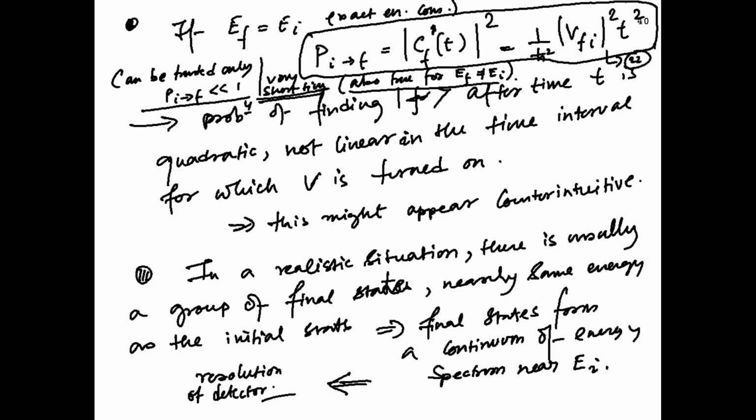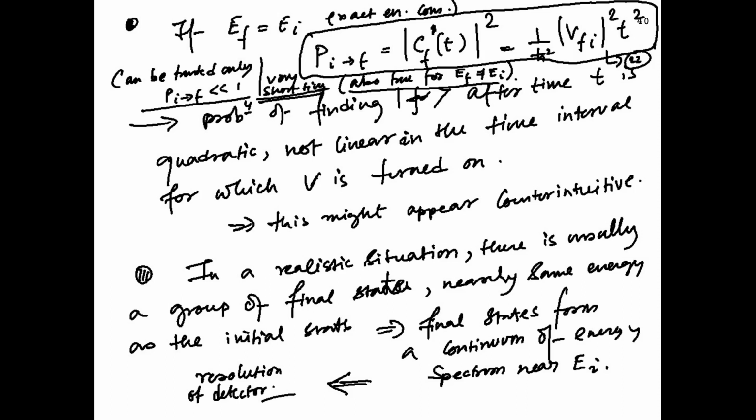So what happens when you plug in the formula and blindly calculate it? You will find this equation 22, the probability of going from I to F is given by 1 over h bar squared, |B_FI| squared, T squared, which is the peculiar part, and we'll see why. So it is like saying that with time, the probability of the system staying at its original state increases quadratically in time. A quadratic in time of a probability amplitude is very weird. You can expect something to be linear in time, but quadratic in time is a diverging quantity with higher time. So how to deal with this problem?